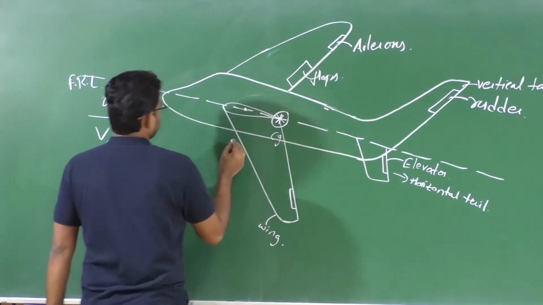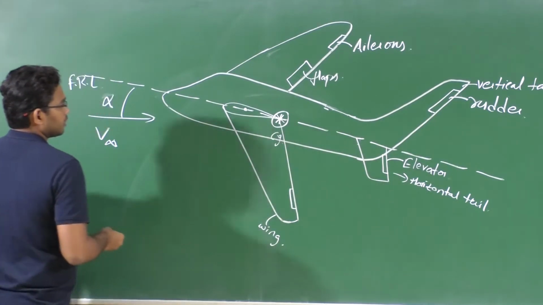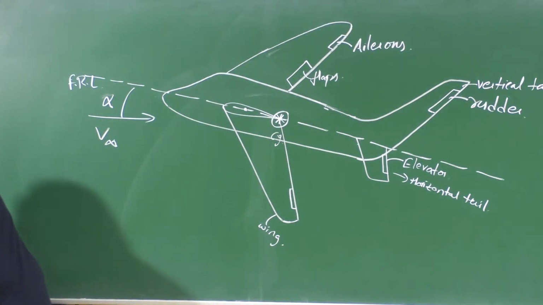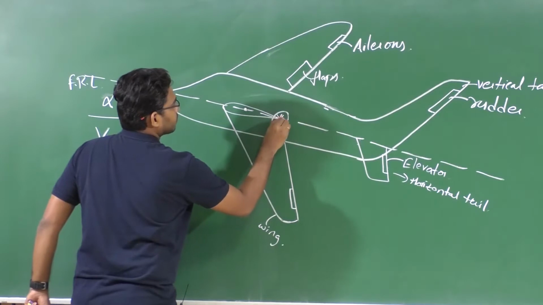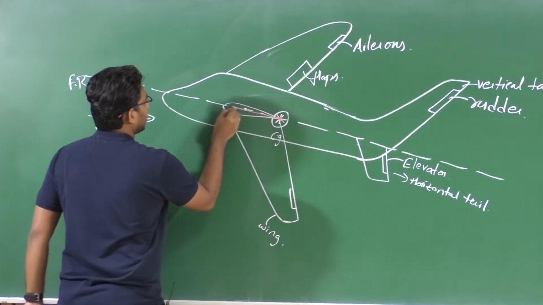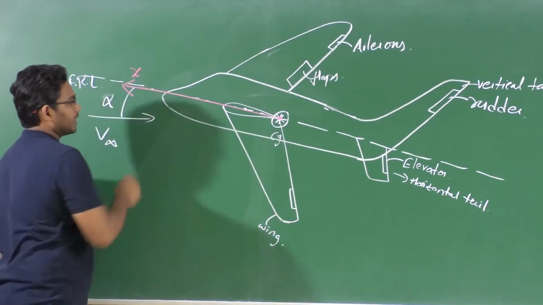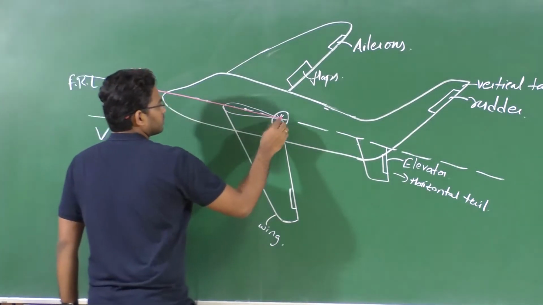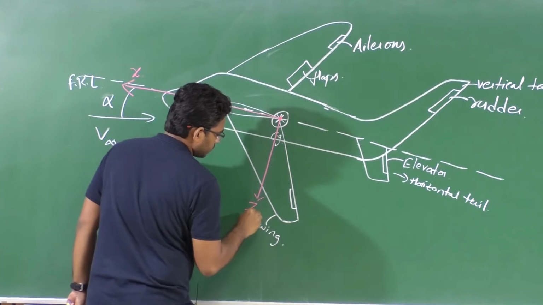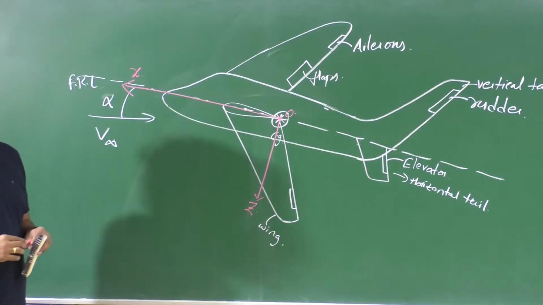And then, of course we have propulsion system, either a propeller driven or a jet driven aircraft or a UAV, right? And we said that we have 6 degrees of freedom of motion here. So let us consider the origin of this coordinate system at the CG itself, which we discussed during the previous course, and let the x-axis be pointed towards the nose of this aircraft from the CG location. So this is our x-axis of this body coordinate system. And then we have z-axis, which is towards the undercarriage, right? So let O be the origin of this coordinate system, which is coinciding with the CG of the aircraft.